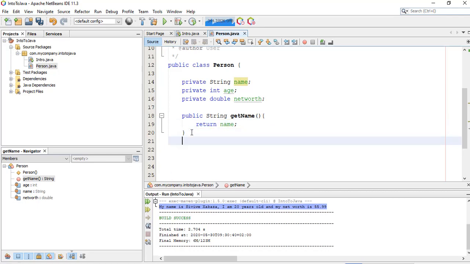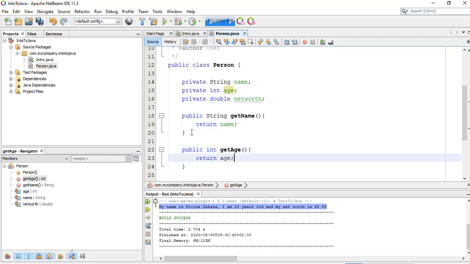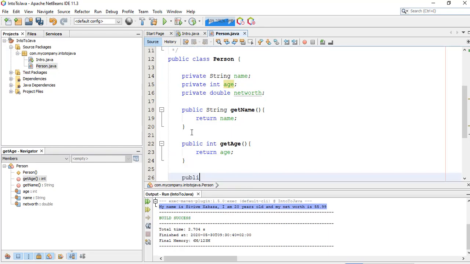And for the age, public, and it's returning an integer, int get age. Return age. And also for the net worth, public, and it's returning a double, public double,